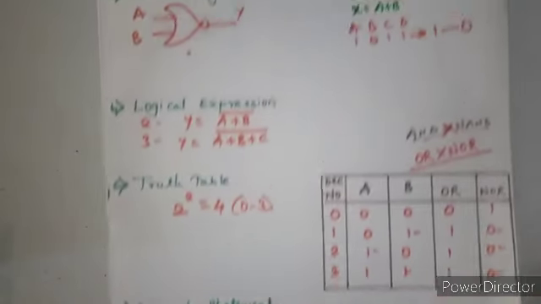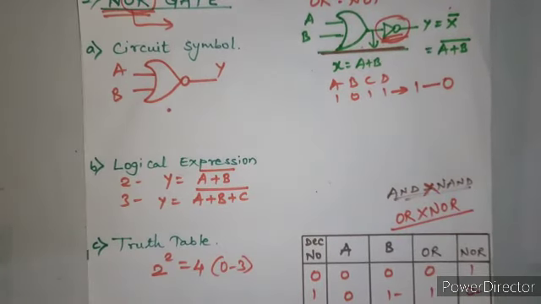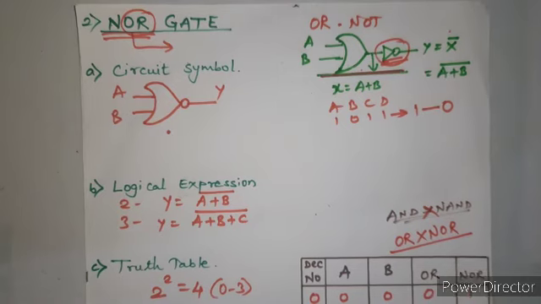Okay, I hope you have understood these universal gates and why I have called them as derived gates. Okay, so in the next lecture again we'll see another type of derived gates, that is exclusive gates or special purpose gates, they are called as. Okay, so till then just try to understand these universal gates,